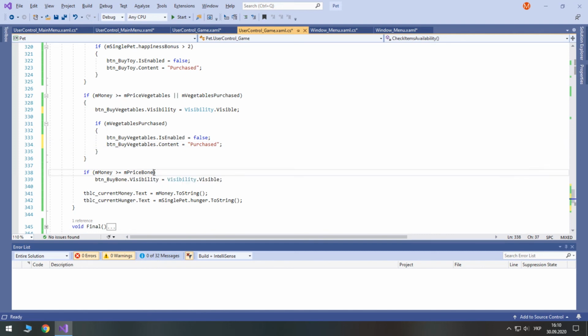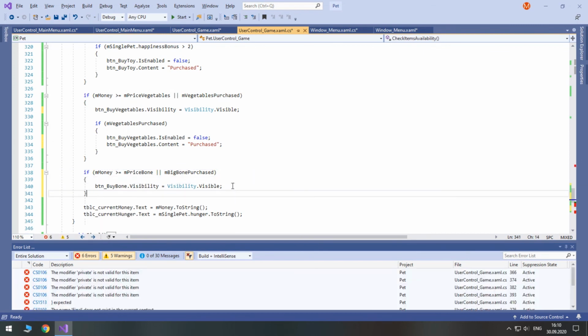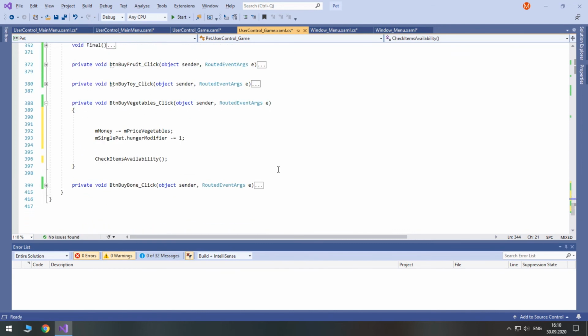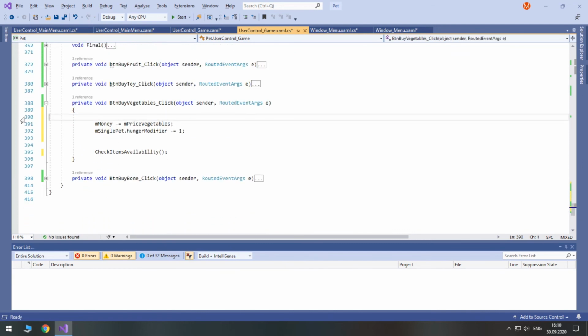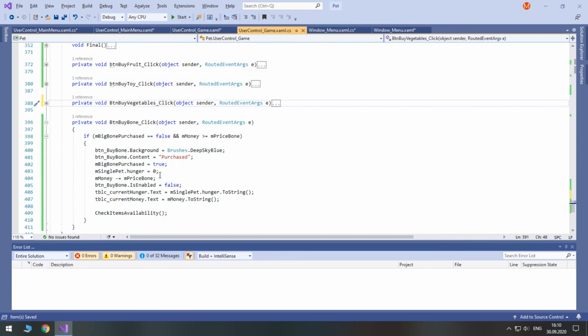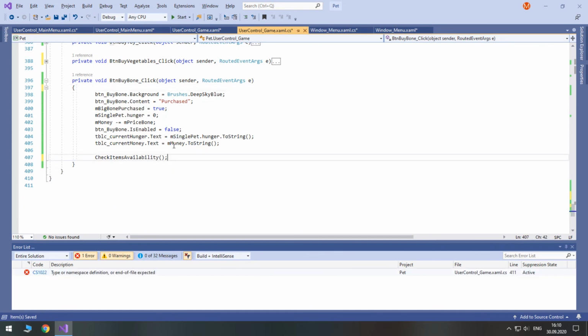As for the bone, if it's greater than the amount that we need to pay, or big bone purchased. So again, if big bone purchased, let's remove blank lines. So we don't need any of these checks. So here and here.